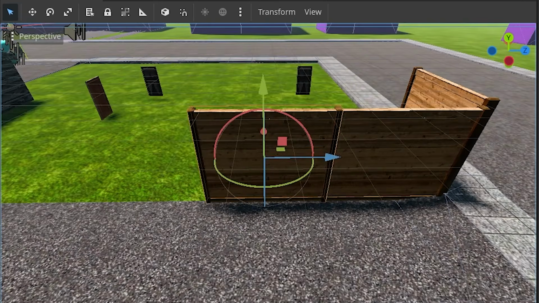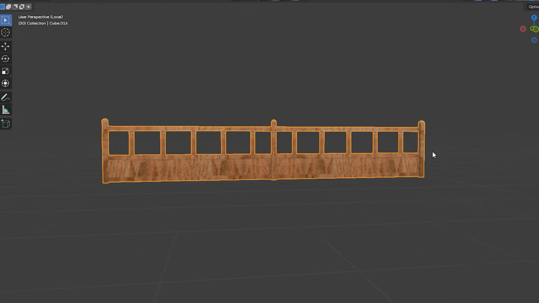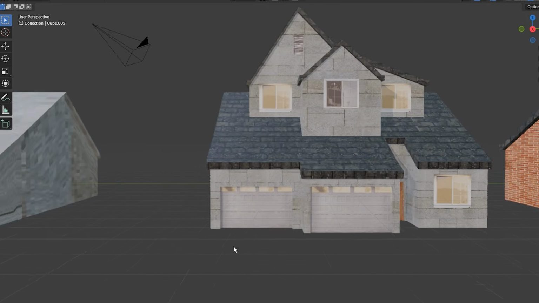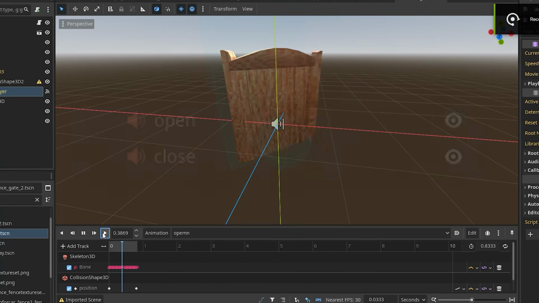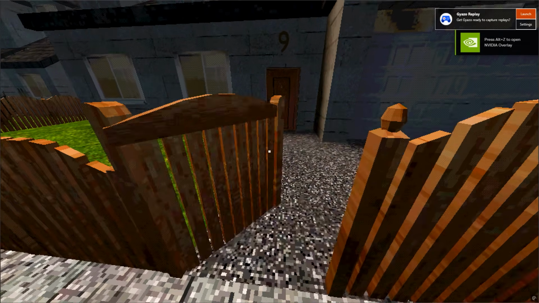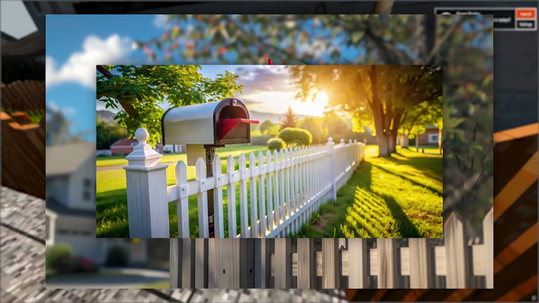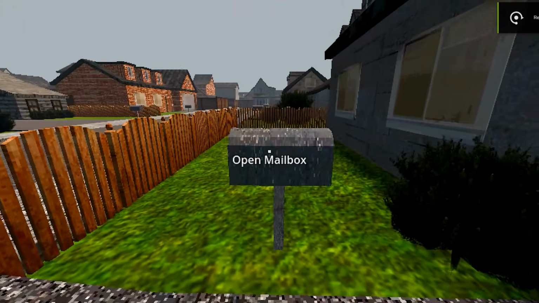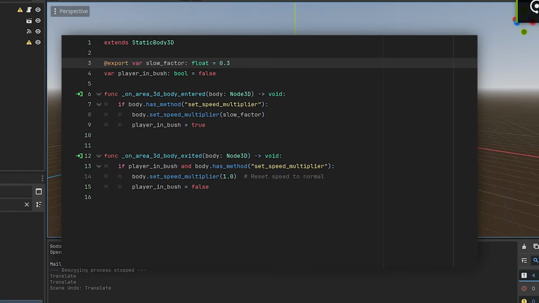And that's when I really got into modeling all sorts of things for the game. More fences, gates, bushes, houses. Many houses. I created around 3 different textures for each house, so they wouldn't look too repetitive. I added animations and sounds to the gates. Look at that! Then I realized, mailboxes usually go in front of gates. So all that gate opening effort was totally pointless. I also reduced the movement speed of the player whenever they walked into a bush.